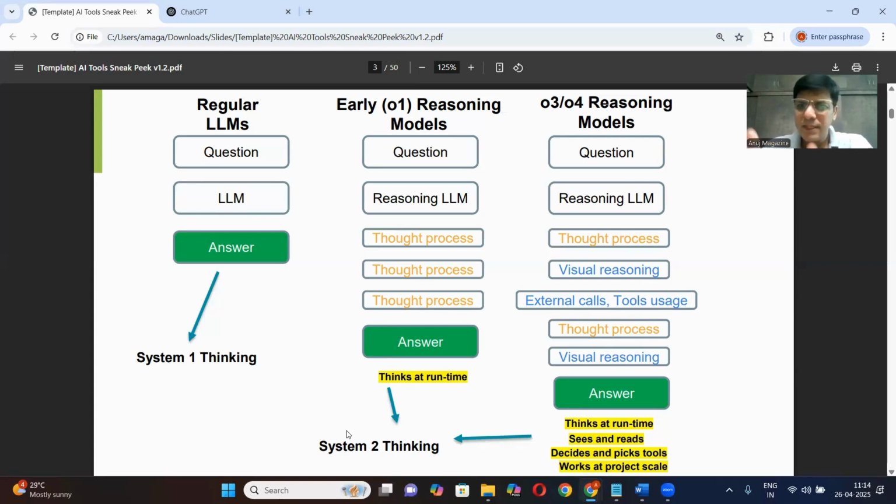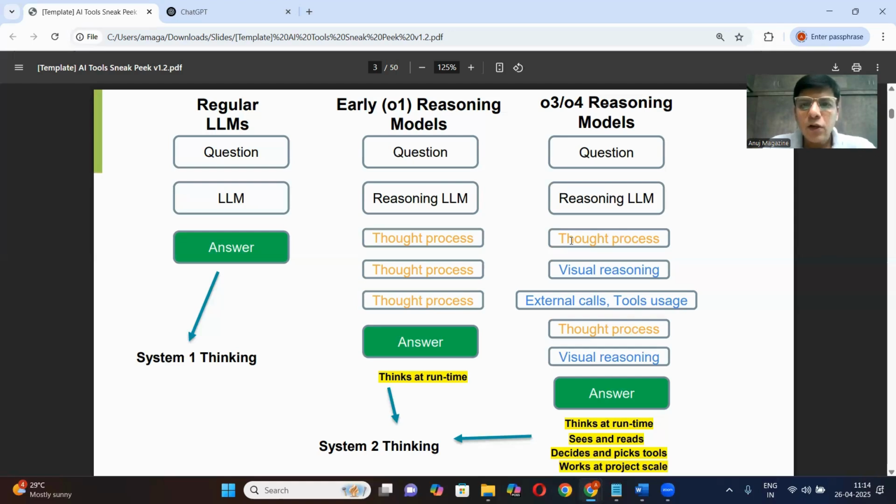As this third section of this slide suggests, these models not only do the reasoning after the prompt is given, at runtime, which is more technically known as inference time, but these models also have the